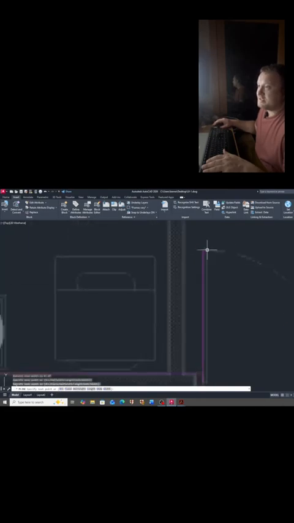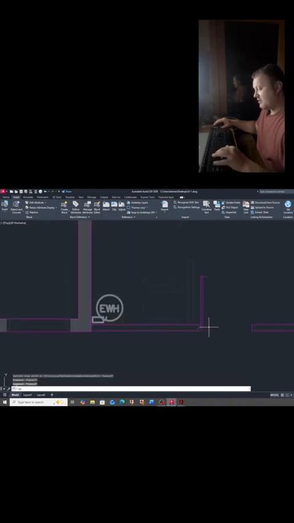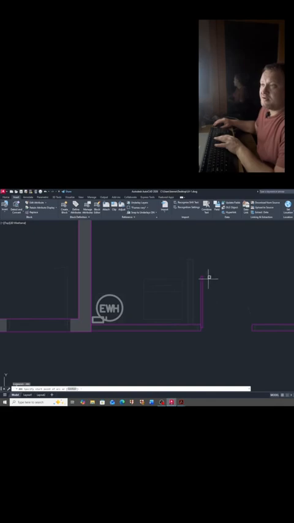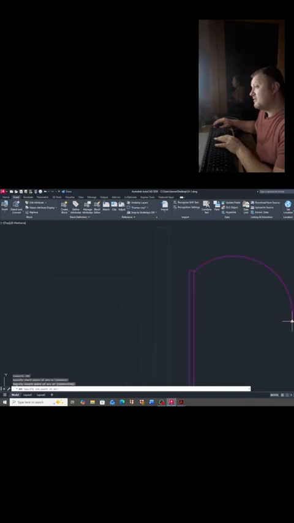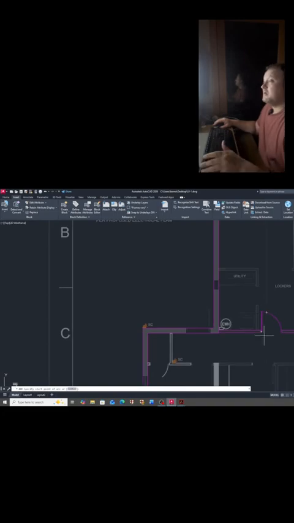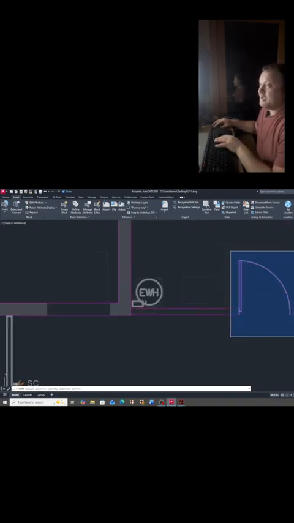So I'll just trace the outline of the door, and then I will do an arc. Just type in arc, and then you pick your first point at the top of the door, you go to the midpoint, which is the triangle, and then finish it out to the end of it. Now I have a door, and now what's really nice is you can come through and copy this,